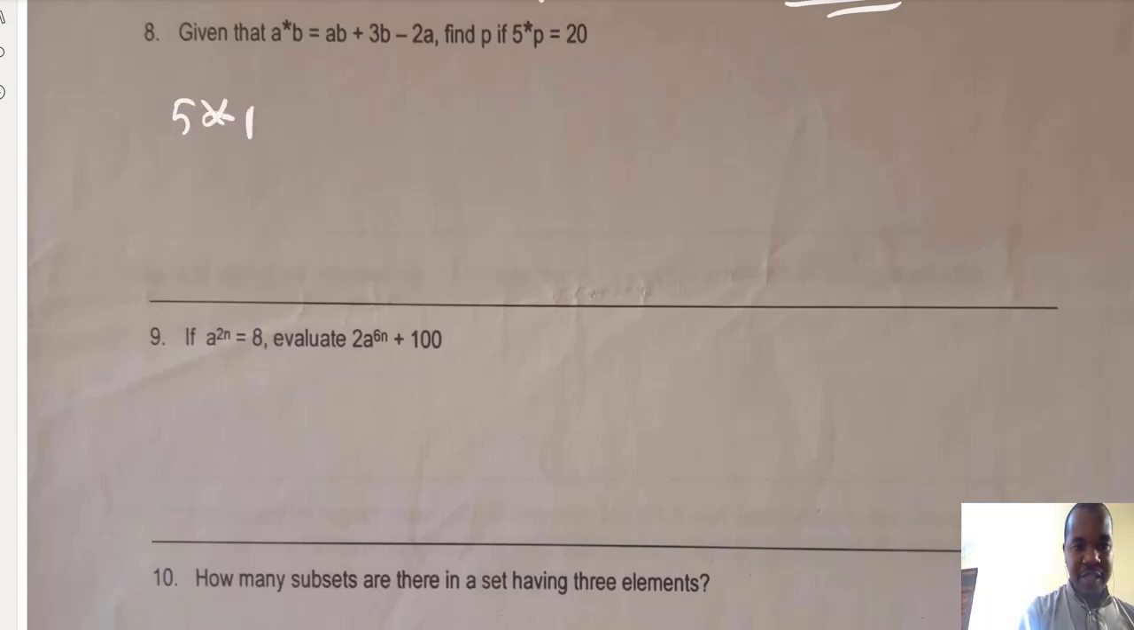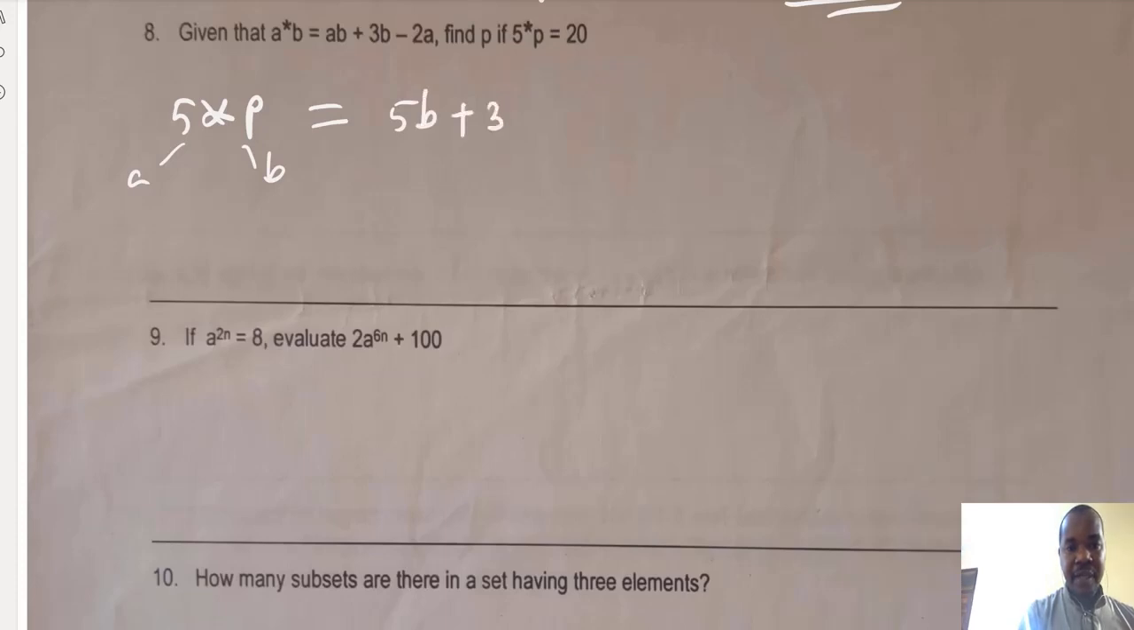Next question number 8. It is a star operation. A star B equals to AB plus 3B minus 2A. So if you are given 5 star P, it means this is A and that is B. We can say that this is equal to 5P